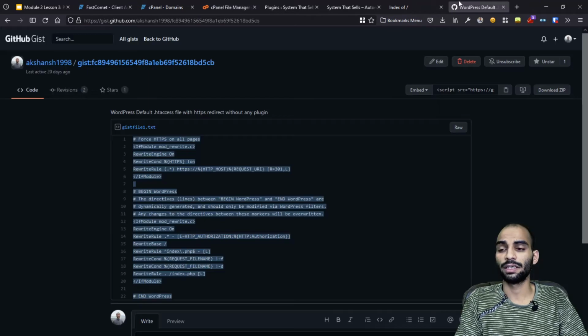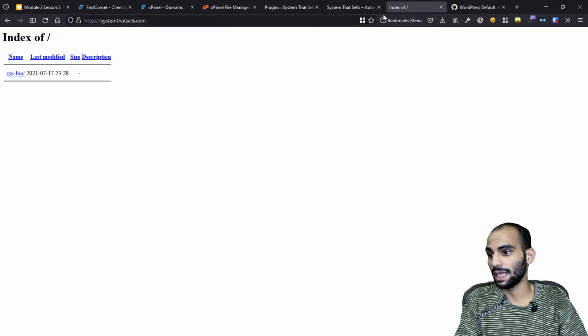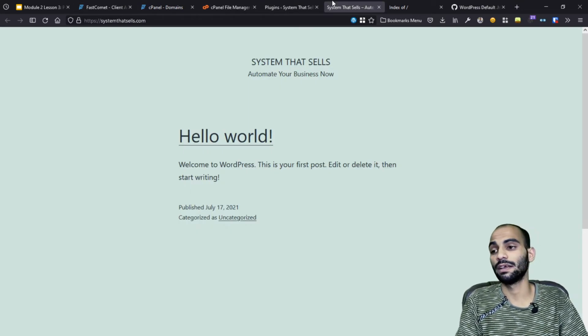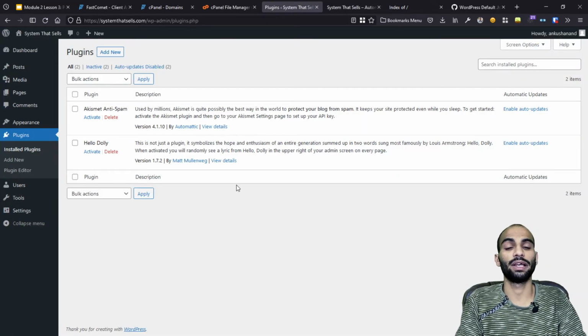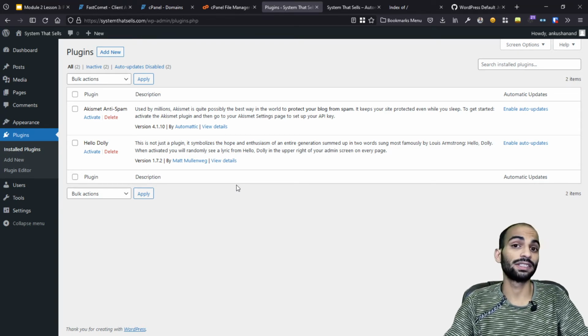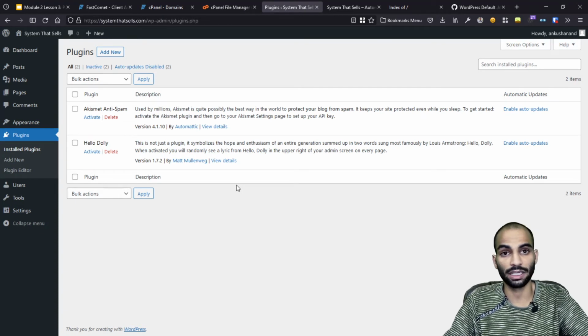What I am doing here is telling WordPress to always use the HTTPS version. If you are not doing this, whenever you install any plugin, or use Elementor or any other page builder, or upload images, a lot of times WordPress will start using the HTTP version as well.